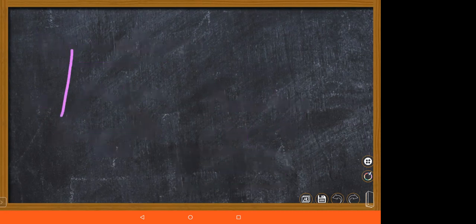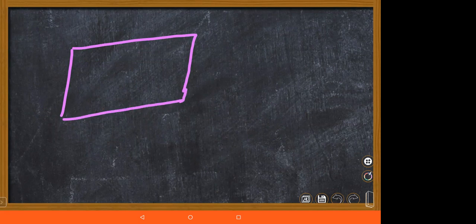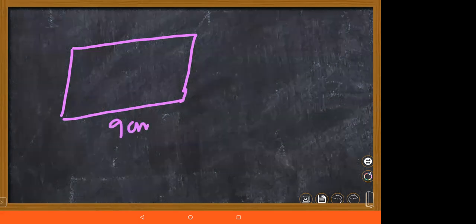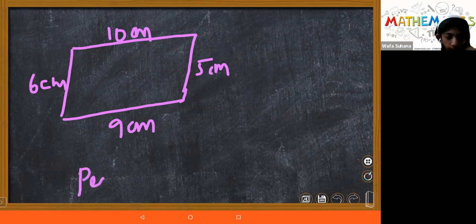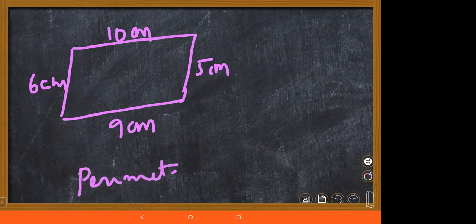Next, Gagan Karthik, please respond. This is the figure given. The boundary is given as 9 centimeters, 5 centimeters, 10 centimeters, and 6 centimeters. So, Gagan, if you are there, please respond, or else I'll call other students. Sri Harsha. Ma'am, it's very easy. Suhana, what? We have to multiply. No, I want to find the perimeter. Oh, okay, ma'am. We have to add everything.